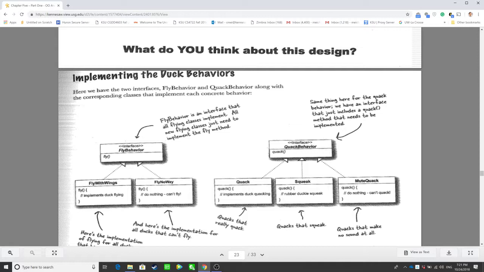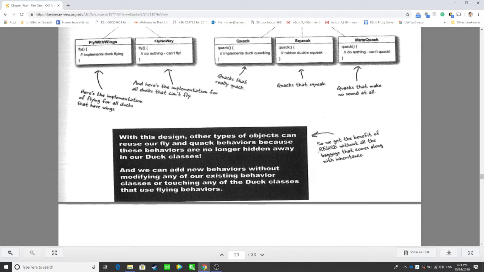Since we separate all these behaviors, we take it out from duck. We take the fly out from duck. We take the quack out from the duck. We make them an interface, and under each interface we have a whole bunch of different implementations of the interface. Okay, so behavior is one of the parts. It's a part of the duck. Then the design actually will be